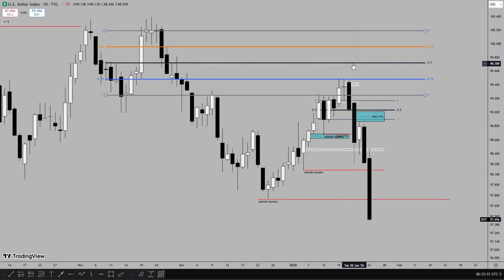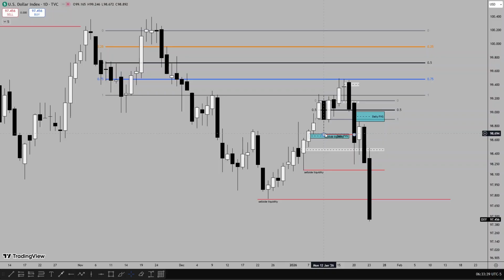Before taking any setup, before regarding any trend in price trading lower, I need to see price go below the 0.5 level. And if price were to trade below the 0.5 level, then I will be anticipating lower prices. On Monday, price traded below the 0.5 level, which I was anticipating lower prices to run the sell side